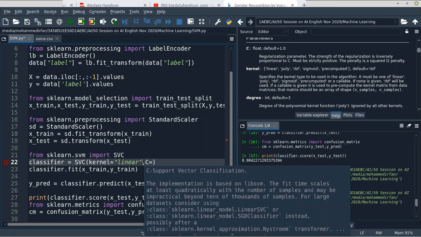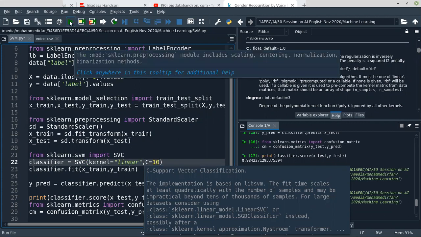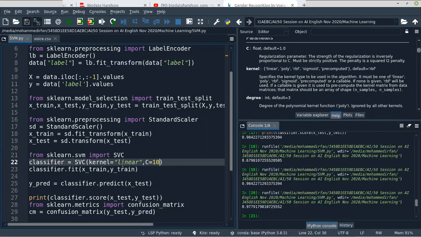The gamma value you give only for kernel tricks. The C parameter you give for every algorithm. Let me change it to 10. Now let's see what happens. Kernel linear, C 10. Now the accuracy is 0.97. Okay, it's actually nice.